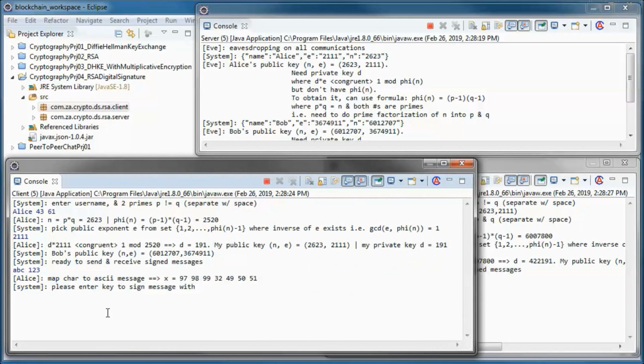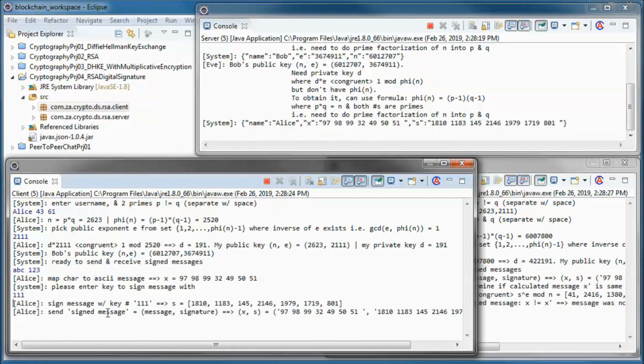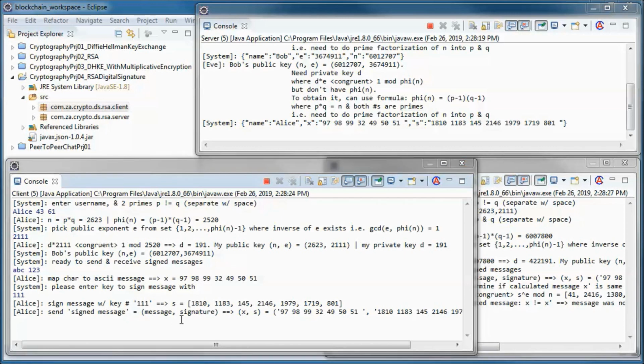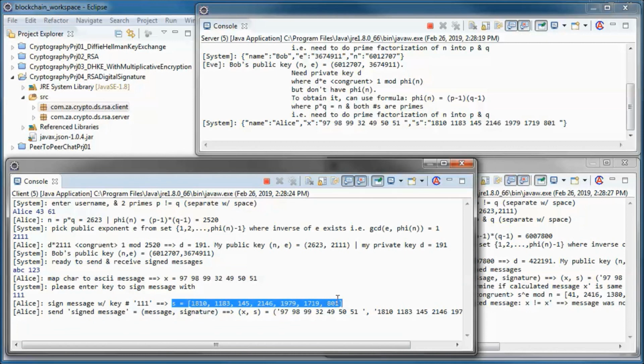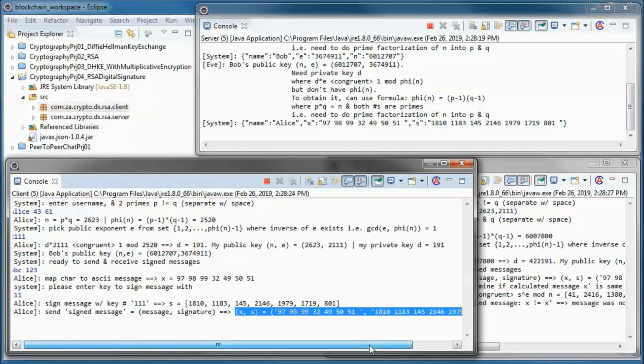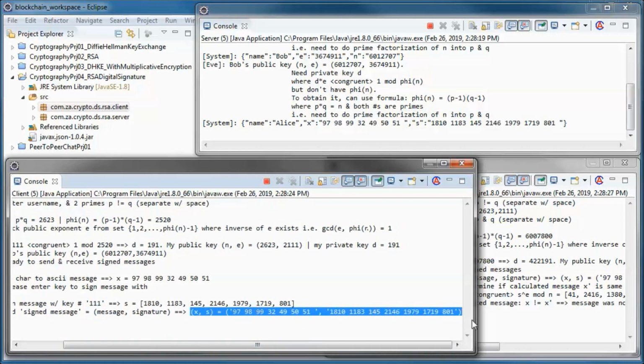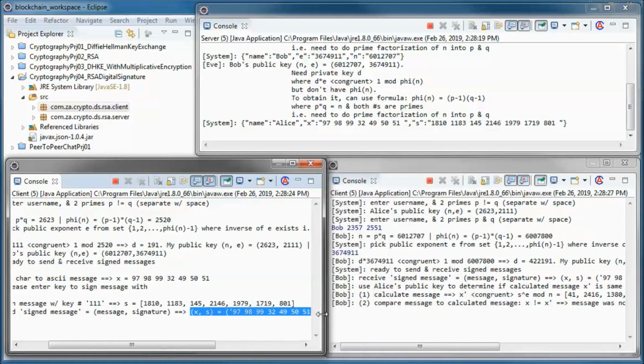Let's first try with a made-up key and see what happens. So she ends up with this signature S and this signed message made up of the message and the signature, so X and S,